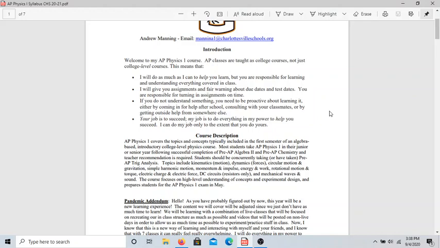All right. And I keep bringing up motion because honestly, what we're going to find out is that with motion, all the topics we're going to talk about, besides electricity and circuits, all tie back to this idea that they either cause some sort of motion or they relate back to some sort of motion. All right. So it's nice because with a lot of things that are moving, we can easily experiment with that or see it ourselves. So that's a really nice thing about this course, is that we're able to very easily see the physics in action.